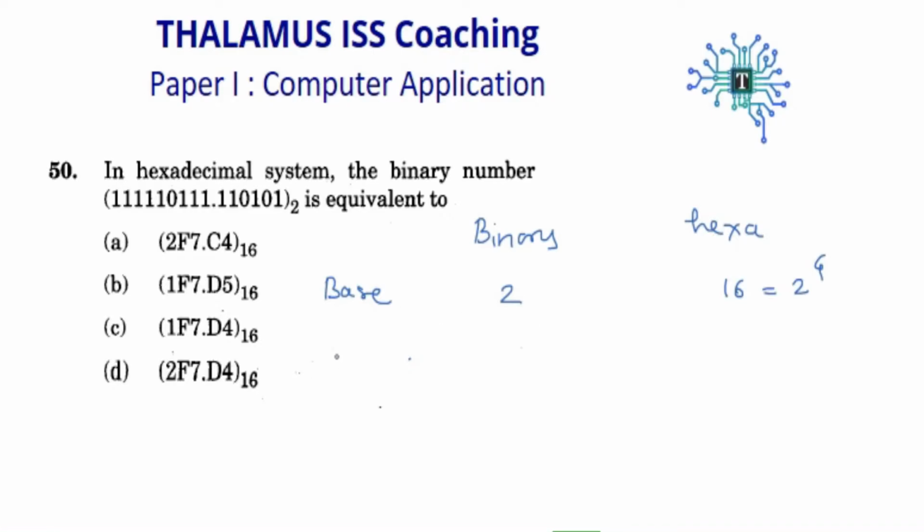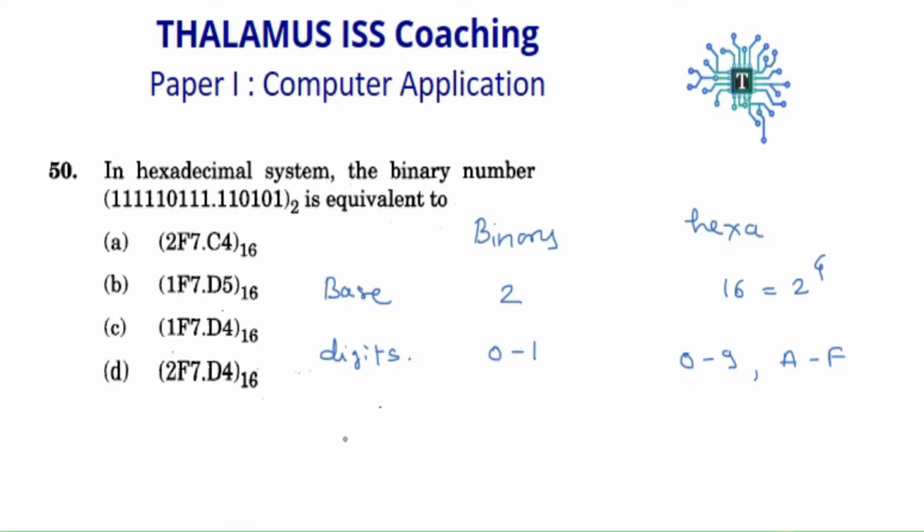And then there are the values allowed. Basically the digits or symbols which are allowed: in binary there are only two symbols, 0 and 1, and the maximum value will be less than the base, so 1. In the hexadecimal number system there are the digits 0 to 9 and A to F, so the total values allowed are 0 to 15. A represents decimal value 10, B is 11, and so on, F will be 15. If you look carefully, 4 binary digits will give you one hexadecimal digit.